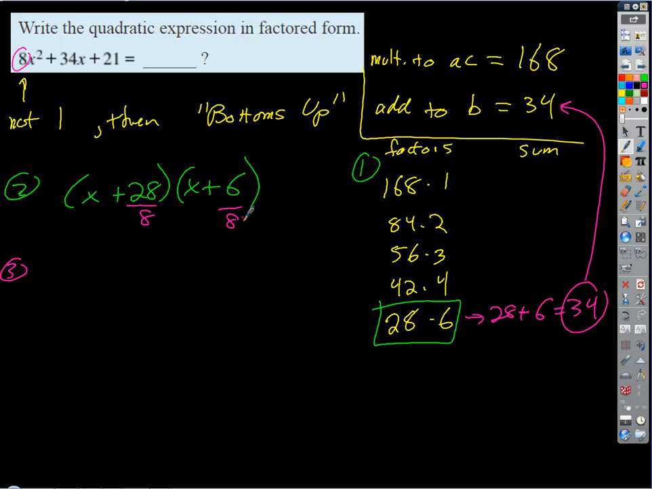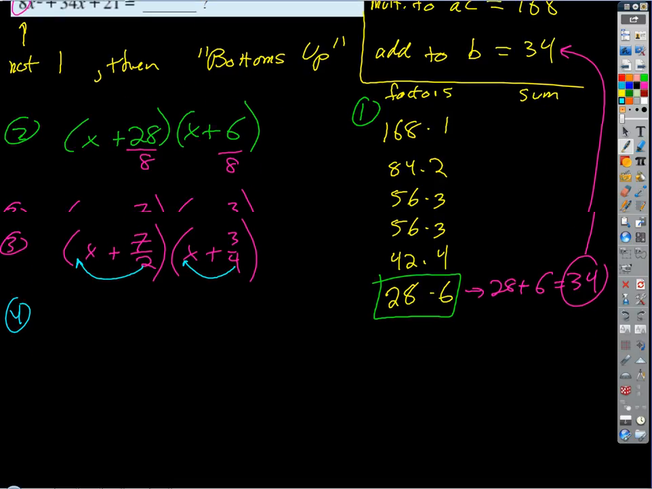So then, what does 28 over 8 become? Let's see, 4 goes into both, I think. 7 over 2. Good. And then 6 over 8 reduces to 3 over 4. Okay, so I did get stuck with fractions in both those cases. If that would have just been x plus 3, it's done. But because I've got a 4 on the bottom, I guess the last step, if you even want to call this one a step, is I go bottoms up. Same thing here. The 2 goes bottoms up,